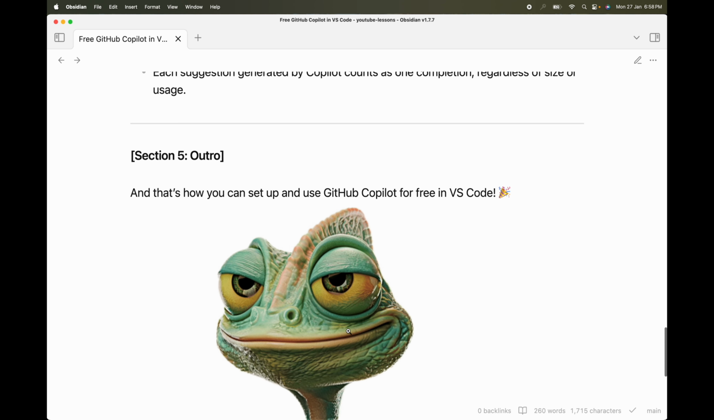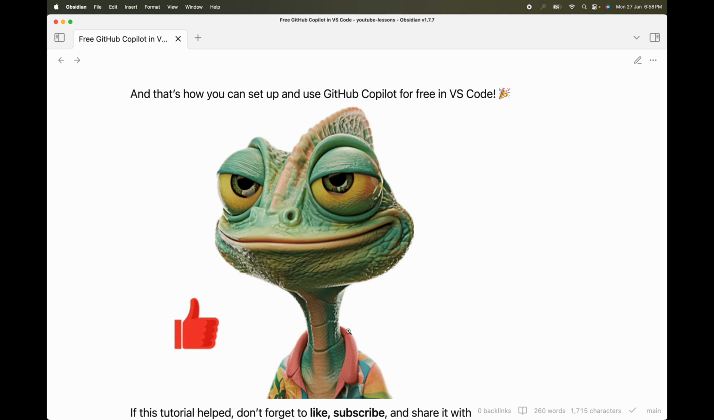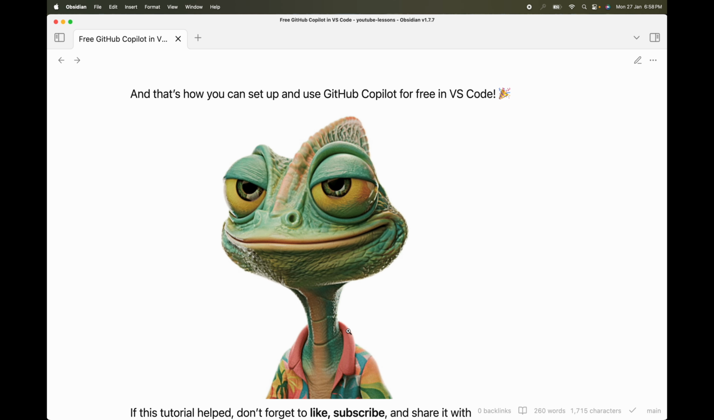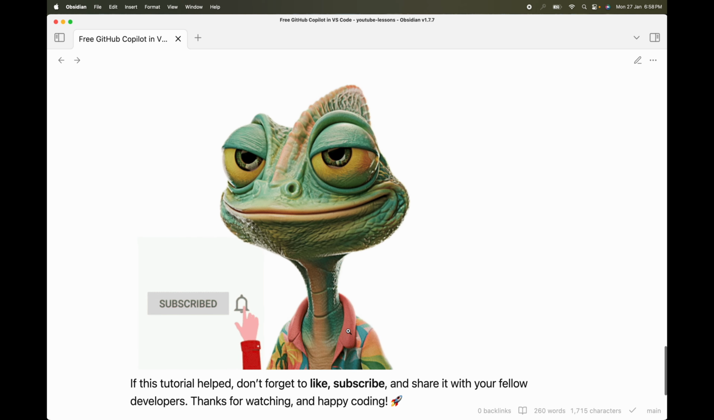Now coming to the last part. Well, now we have set up GitHub Copilot for free in our VS Code, right? I hope this